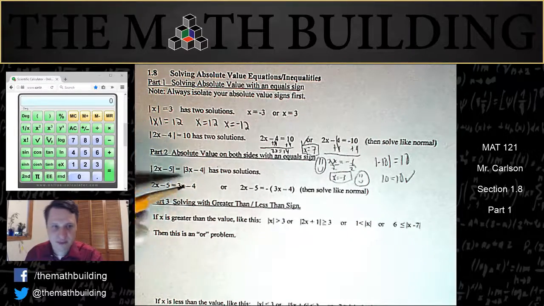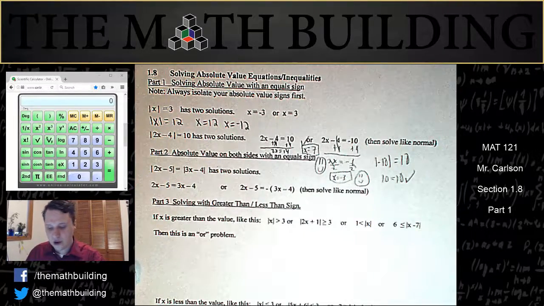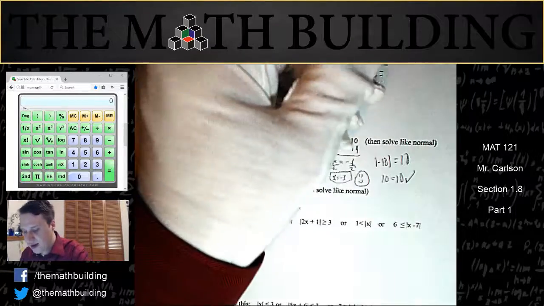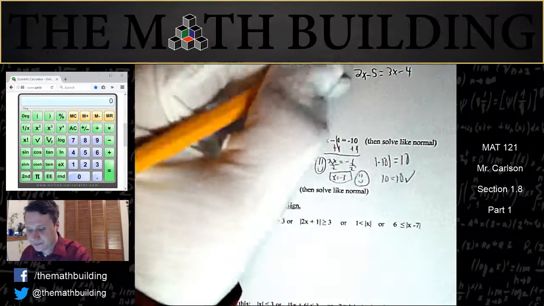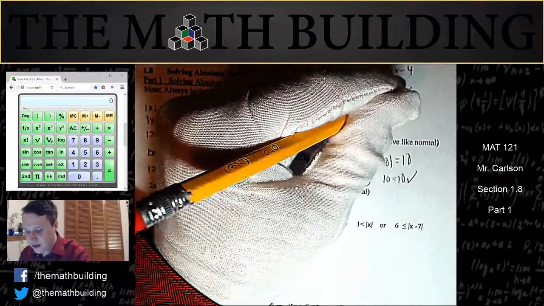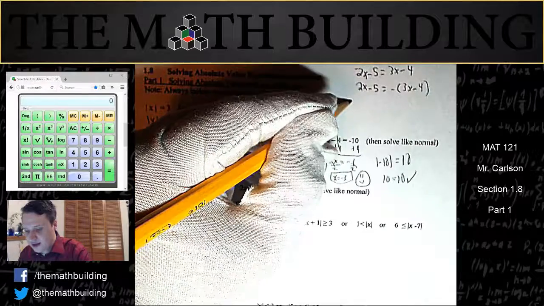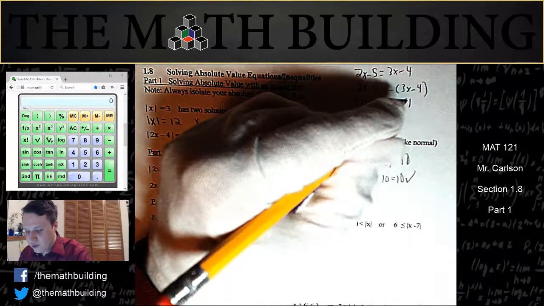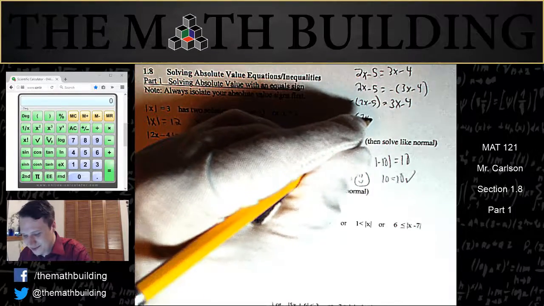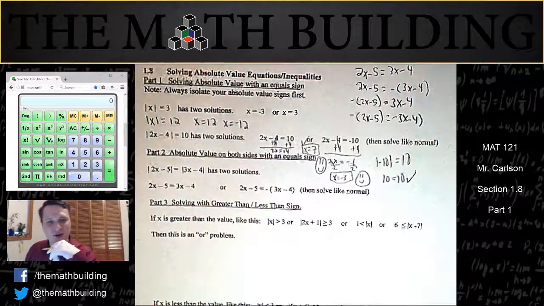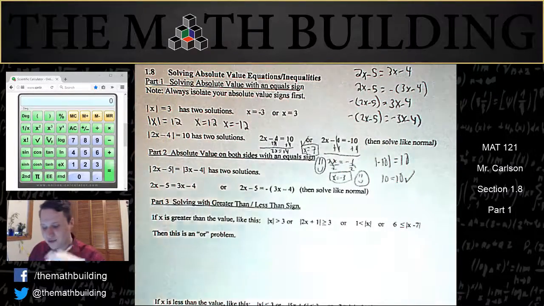So what do we do if we have absolute value on both sides? Well, you actually get four equations, and those equations are 2x minus 5 equals 3x minus 4. There's your first one. You would also get 2x minus 5 is equal to negative 3x minus 4. Then you would get negative 2x minus 5 equals 3x minus 4, and negative 2x minus 5 equals negative 3x minus 4. So those are the four equations, and do you see